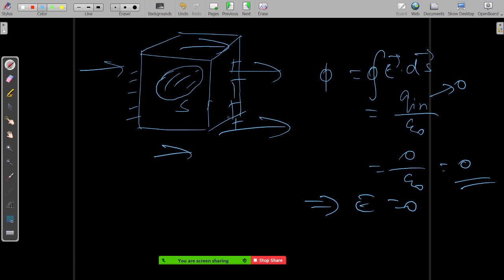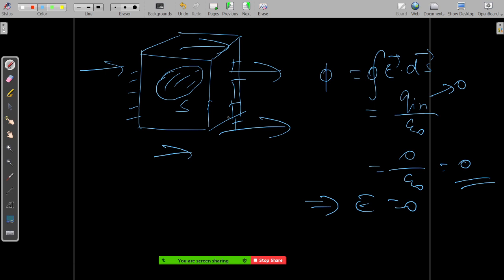Because there are a lot of free electrons, these electrons are going to get accumulated all through, and there will be no net electric charge inside a conductor. There will be electrons, there will be protons, but the total sum inside a conductor will always be zero.